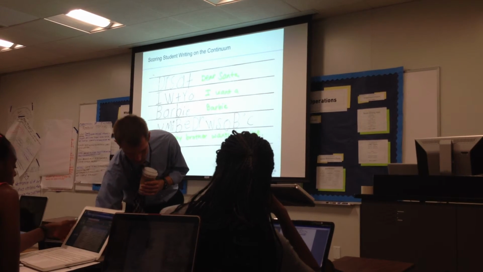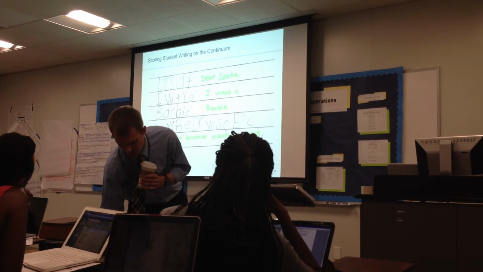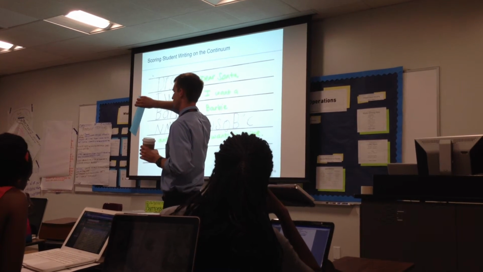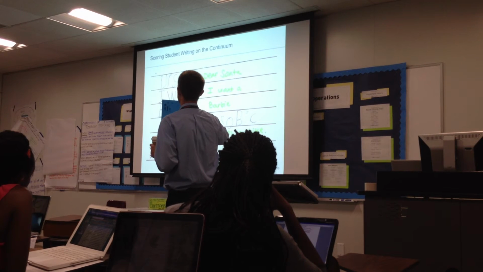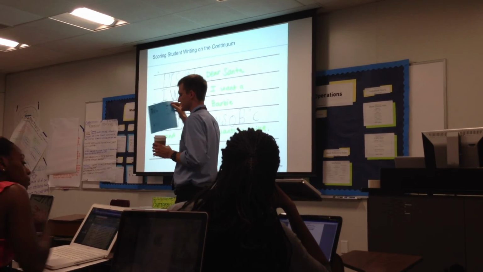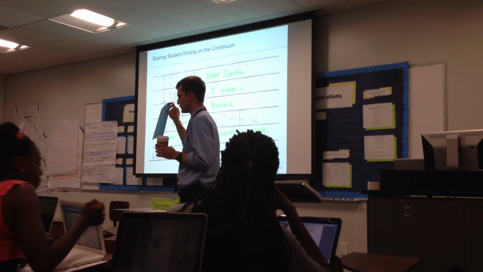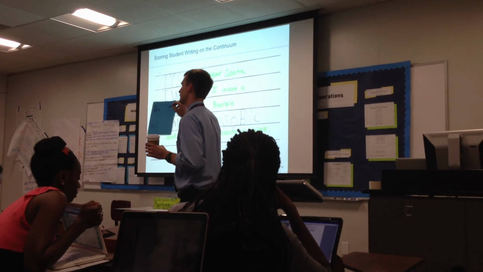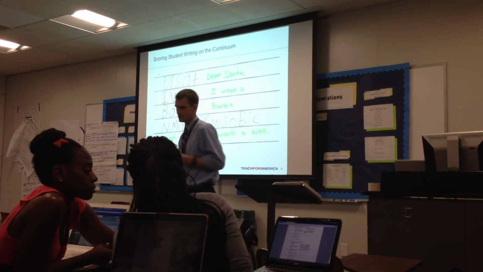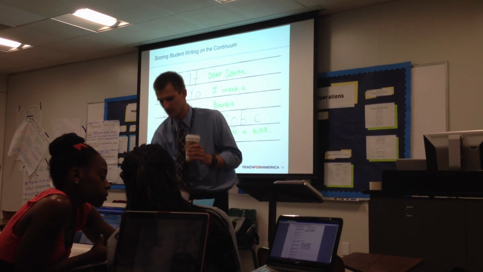So you have, I blanked on my colors, a blue sheet of paper. On this blue sheet of paper is an example of student writing. I won't say what grade level it was yet. But looking at the blue writing, I want you to see, using the writing continuum, where would you put it along the continuum? And what would that stretch objective be? What would be that next thing you would want to work on with this student? When you finish, check in with someone else and see if you came to the same